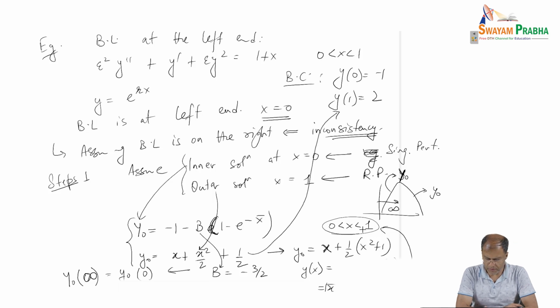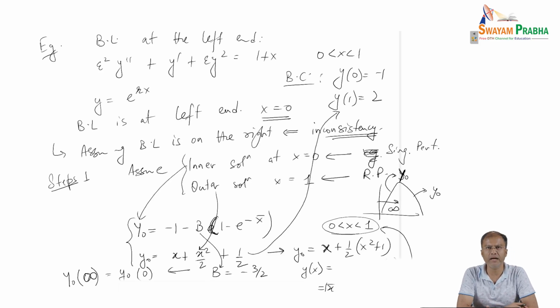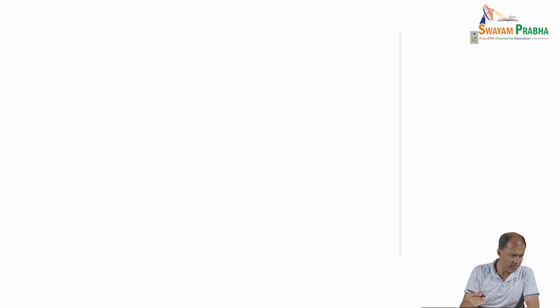And then what we have is that step number 2, I think that was in gist how to find the entire solution to the boundary layer problem, where the boundary layer is occurring on the left end of the problem. So now, how about we now try and look at a problem which involves boundary layer at both ends, right? So let us now look at a problem where we have boundary layer. So this is one example where we have boundary layer at both ends,